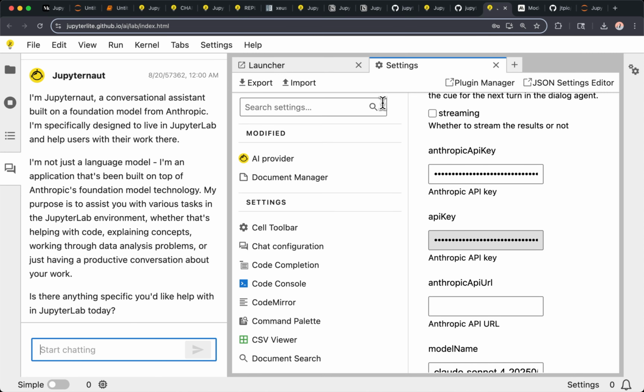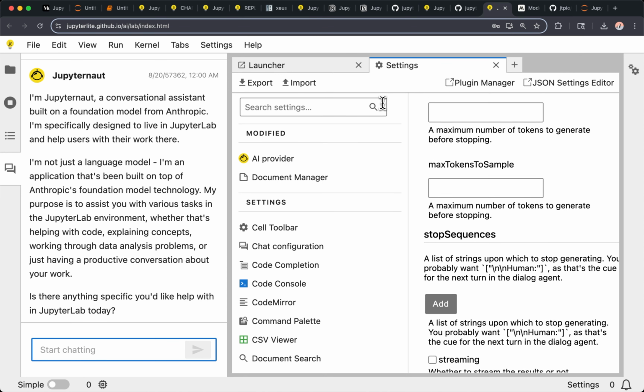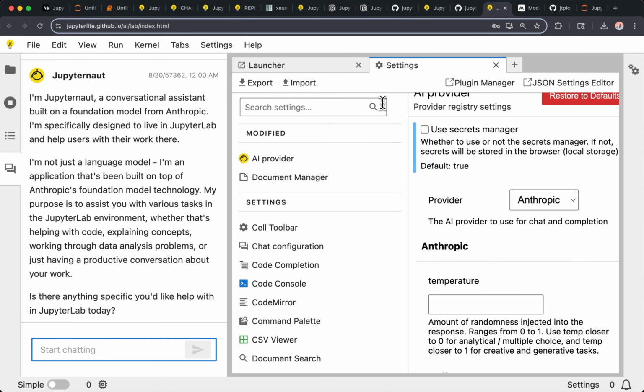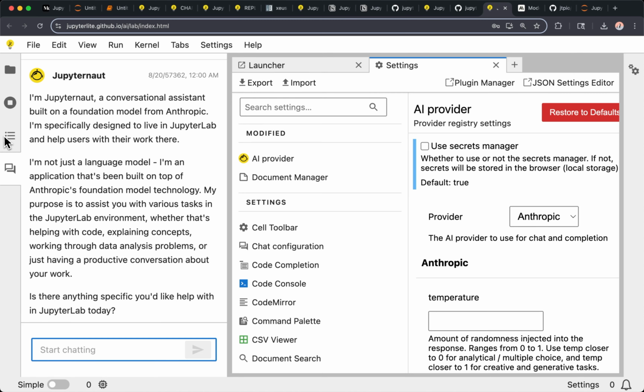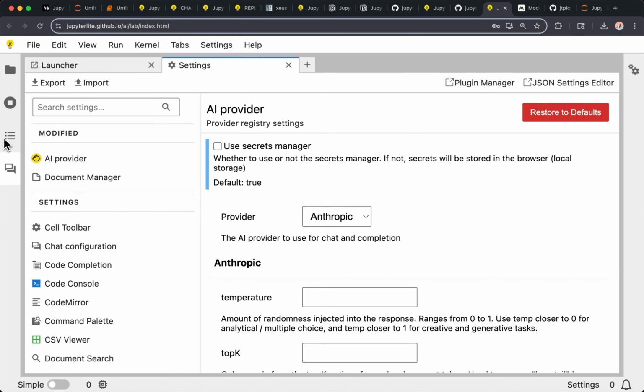Yeah. So those are models that are provided by these AI companies for sure. But again, Jupyter is also all about being able to extend as you want, not being locked in to just OpenAI, Anthropic, whatever, Mistral. So there is also a way to add your own providers to Jupyter Lite AI via a Jupyter Lab extension.